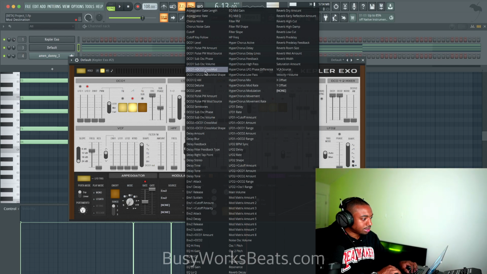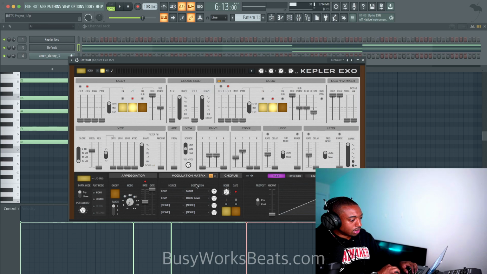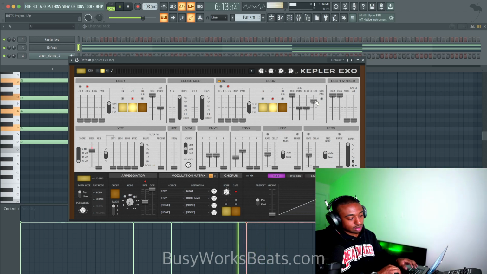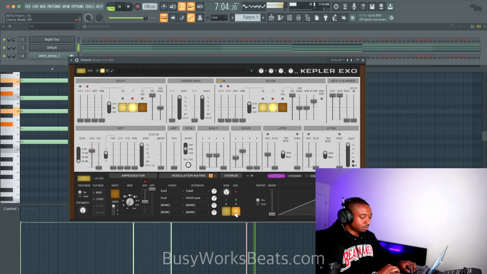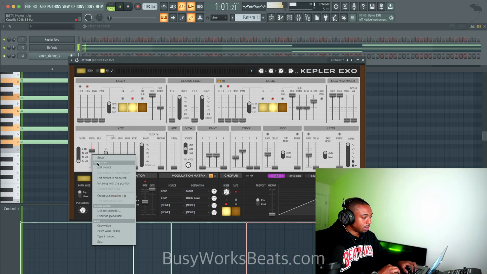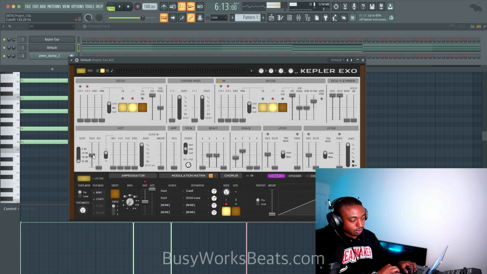So let's go to DCO2 level, and I want that to be a detuned sound. So it's detuned and then it decays. So it sounds really brass-like. Let's set the lowest value for the frequency.